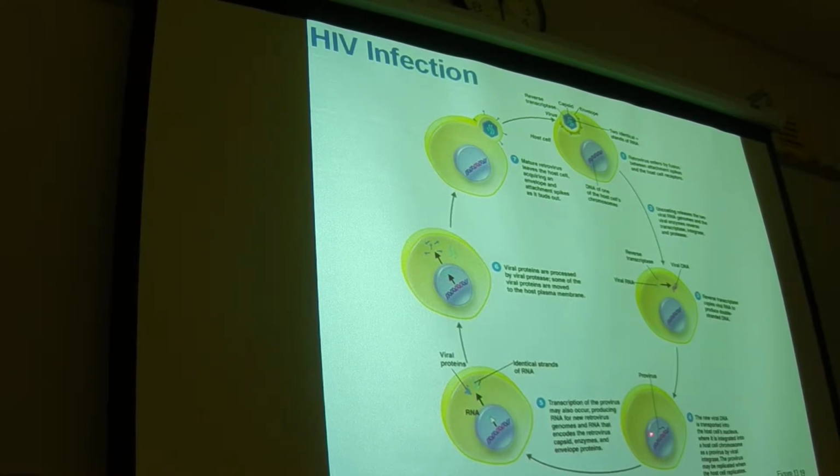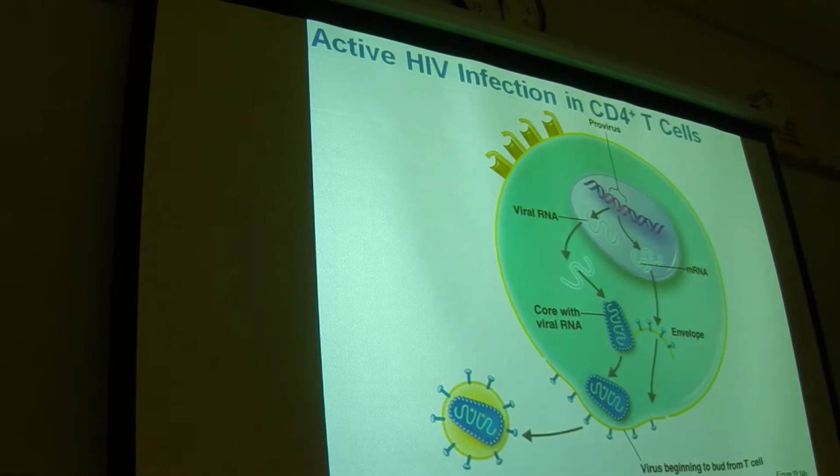The important thing to notice is that because it's a provirus, it's DNA that gets incorporated with the host cell DNA. It can stay latent, meaning again it doesn't have to go into the lytic cycle, it can stay in the lysogenic cycle and just remain in the DNA. So you can get rid of all the active virus in the bloodstream, but if you stop the medication, at any point in time, the DNA can start producing more virus again. So it's very hard to get rid of because of that. Here's just a full schematic of how that works.